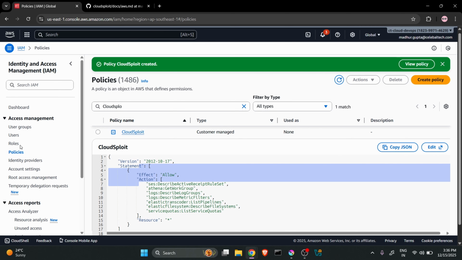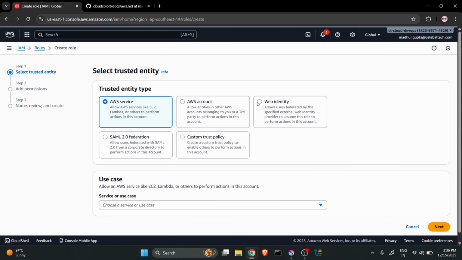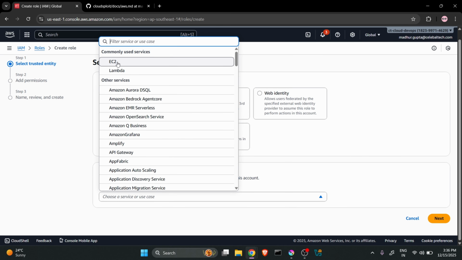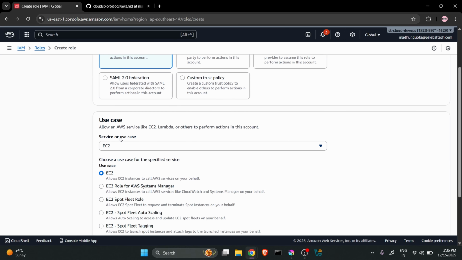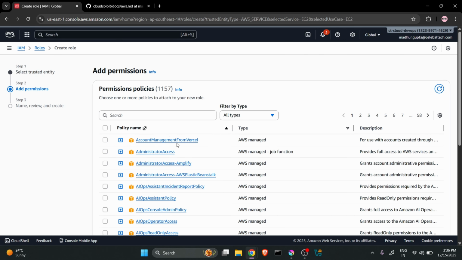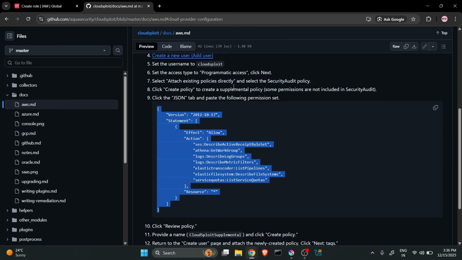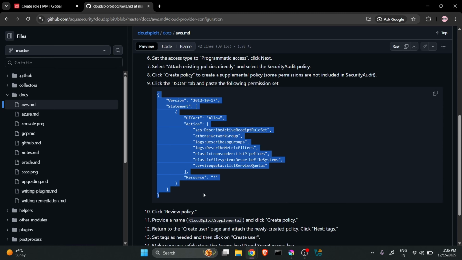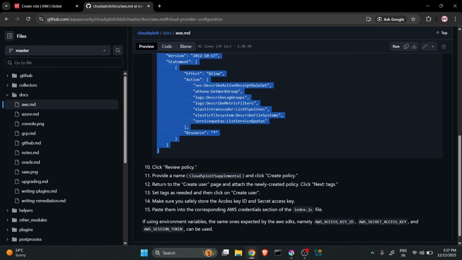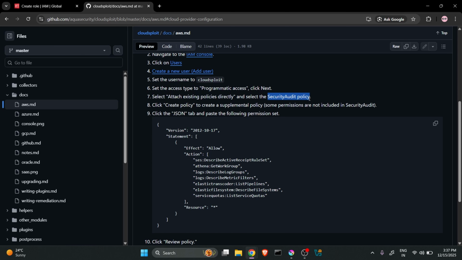Now we have to create an IAM role. So we will go into the Roles section and click Create role. As we are going to attach this role to an EC2 instance, I am selecting the service as EC2 and then clicking Next. Here, as per the CloudSploit documentation, we require these permissions and one more permission, which is the SecurityAudit policy. So I am going to assign these policies